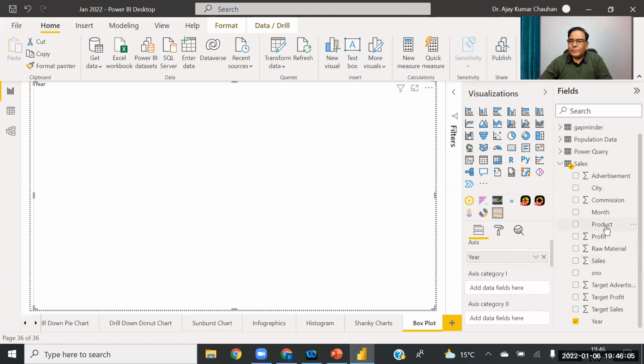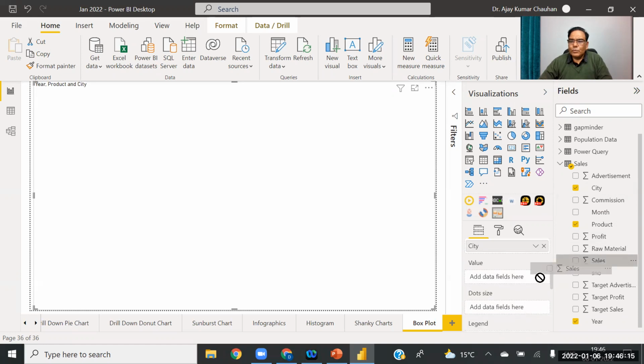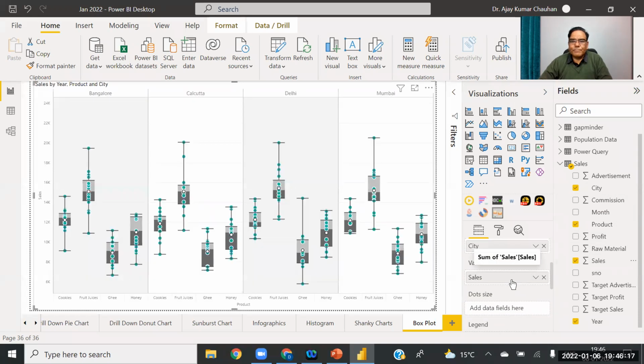Axis category 1 product, axis category 2 city, value sales. Okay, so you can see the sales of different products in different cities. This is the cookie sales in Bangalore. This is the fruit juices sales in Bangalore.